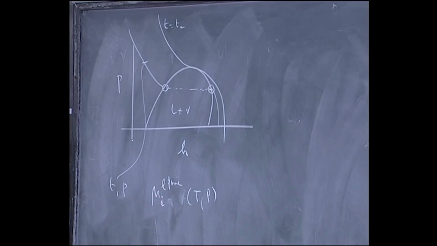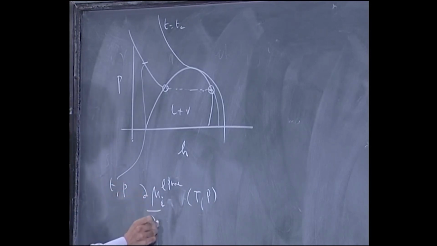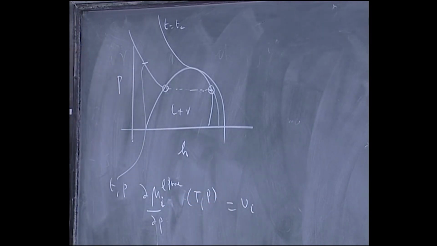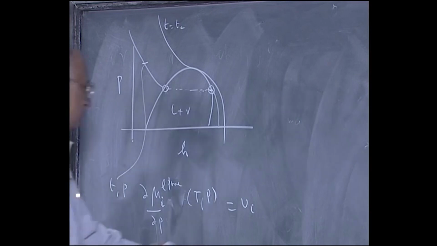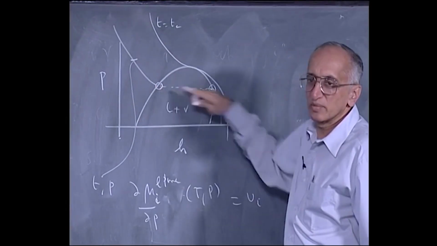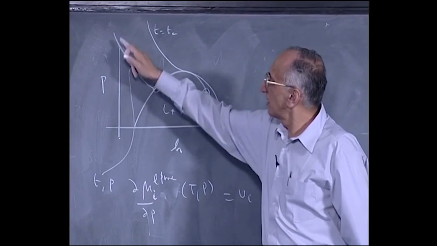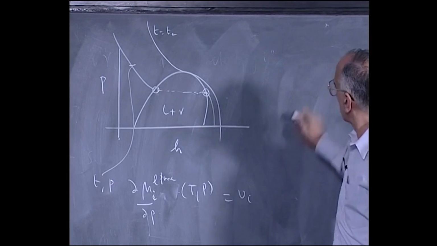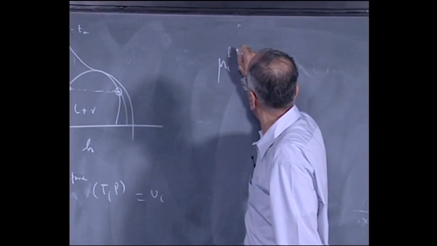This is what I want. I know from thermodynamics that this is equal to Vi. So I integrate this between this point where I can make a connection with the gas, along that temperature, this is the saturation pressure. So I integrate this, I get mu I liquid pure